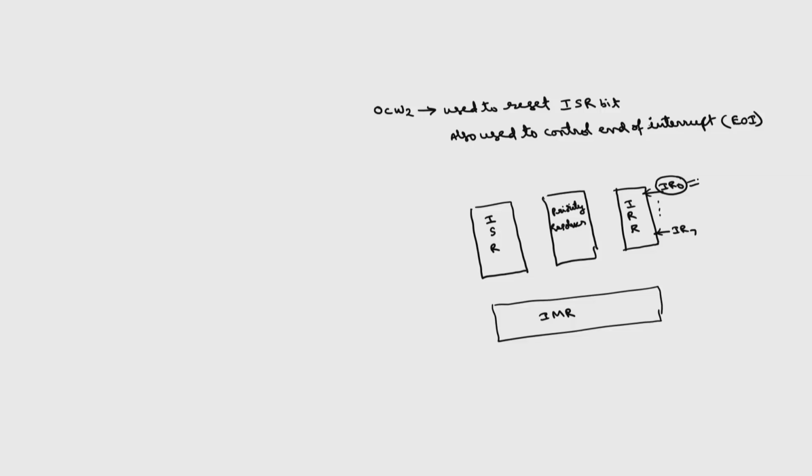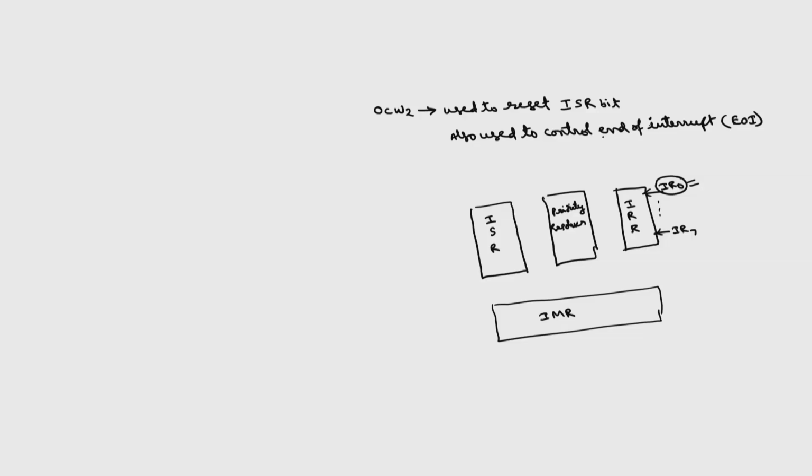The start of the interrupt will be whenever IR0 requests in the IRR, if it has highest priority, then the priority resolver will set the corresponding bit of ISR to 1. Then this will be requested through the INTR signal to the microprocessor. Then the microprocessor will send the INTA bar signal, the interrupt acknowledge signal. Then the corresponding call instruction will be executed.